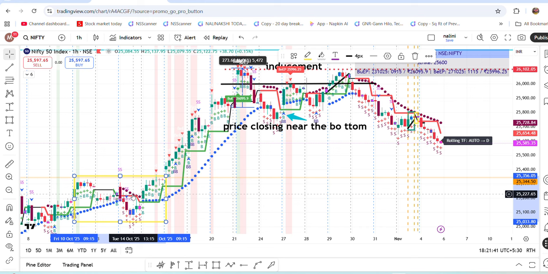This is a very beautiful indicator reflecting the institutional activity after a long run-up imbalance. This type of activity will be seen. So traders, you need to be cautious and you need to wait only after the confirmation. This is the confirmation.